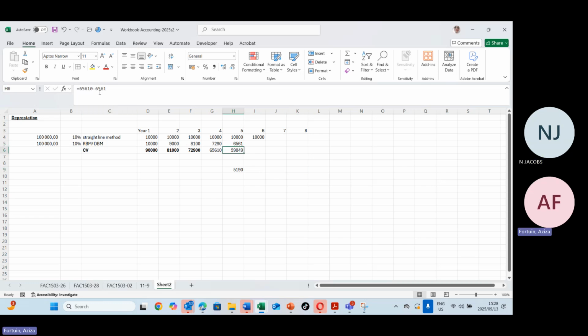And then all I'm doing is minusing it off. First thing, take 100, take 10% from that, and you get 10,000, right? You minus the 10,000 from the 100, then you get 90, right? Then from the 90 you calculate 10%, and then you minus that amount from the 90, then you get the one at the bottom. Okay. So I want you to do year 6, 7, and 8 until you get it right.